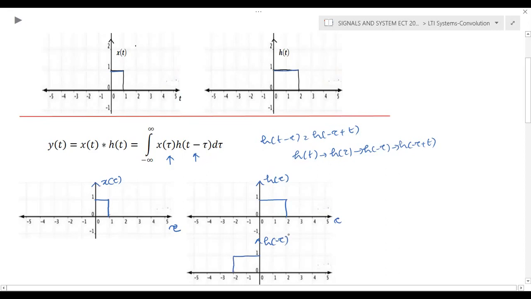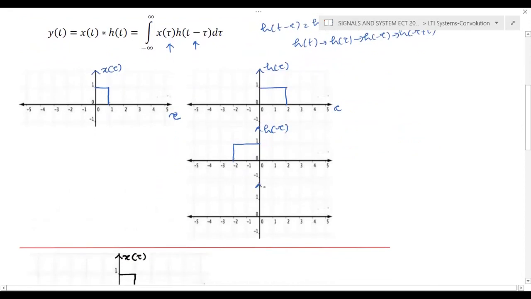So the original signal is from 0 to 2. Now it is from minus 2 to 0. And finally we can draw h of minus tau plus t. Already we got this h of minus tau, which exists from minus 2 to 0. Now we need to add plus t to each point. So 0 plus t, and minus 2 plus t. So you will get t, and here it is t minus 2. If there is any other changing point, there also you can add this t. If you want to observe this minus 1 point, you can write it like this, t minus 1.